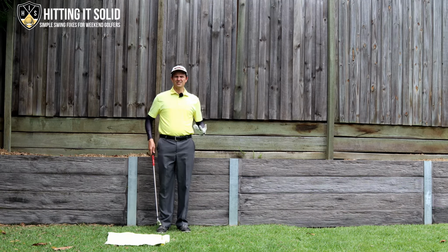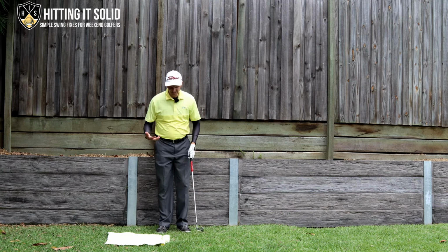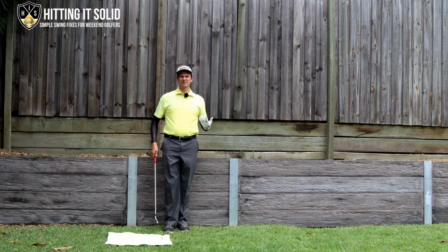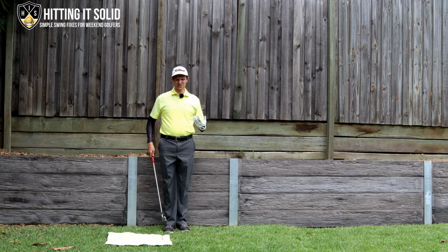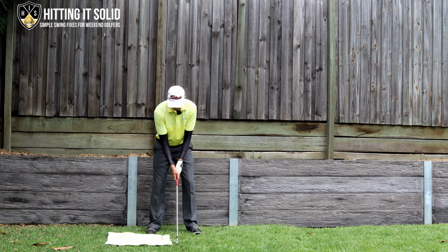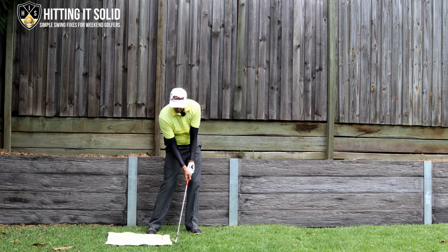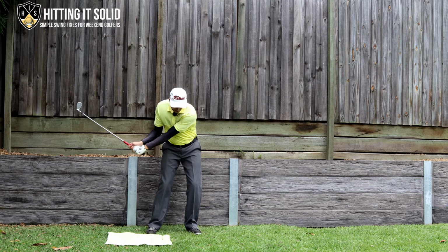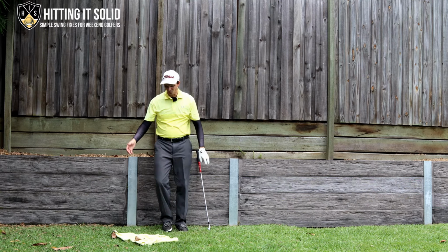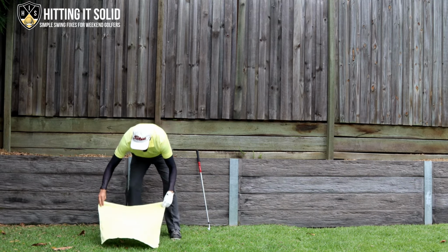Now the idea is, rather than have you think about all the mechanical side or the technical things that you need to know in the golf swing, which are obviously important for playing better, but if you find that's a bit too hard, a drill like this you can set up and practice, trying to hit the grass just in front of that towel. Now obviously I struck that there, which is what you don't want to do, but the idea of this drill is your brain